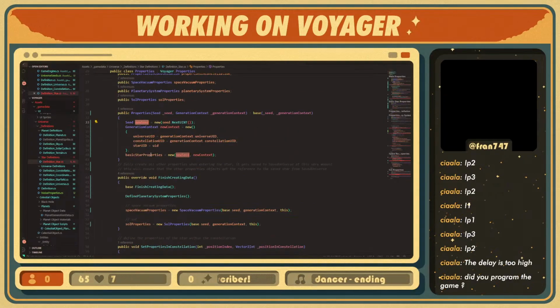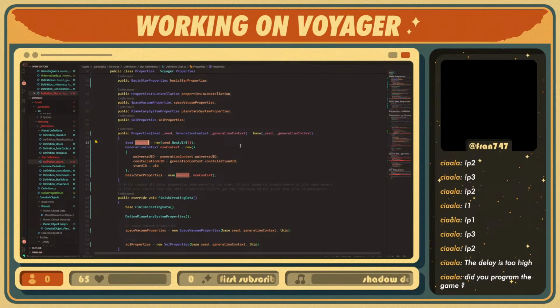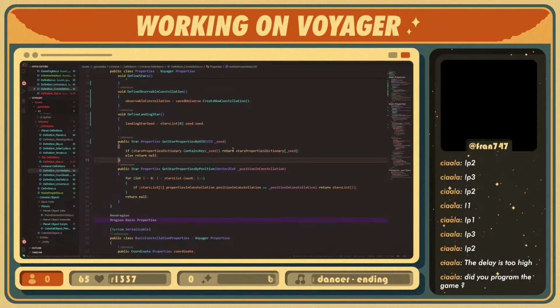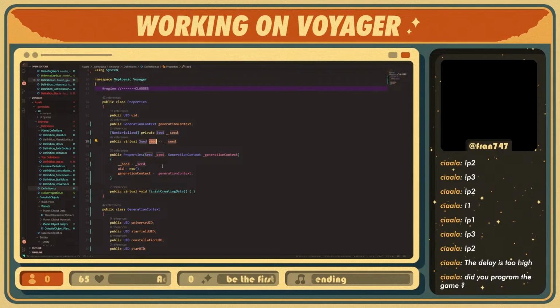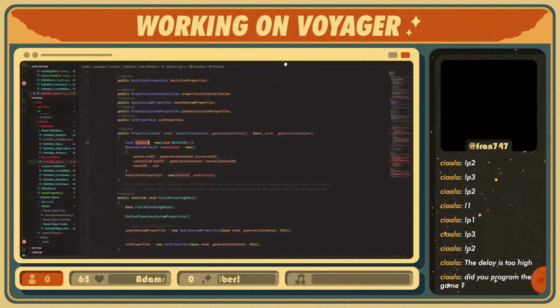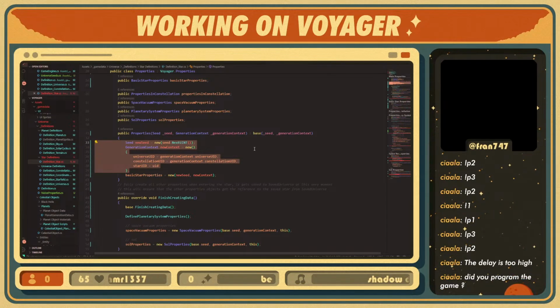For the basic star properties, for the basic things, I think that's actually not terrible. Well, let me check something. So seed. Yeah, you know what? This is dumb. This doesn't make any sense. I shouldn't be using